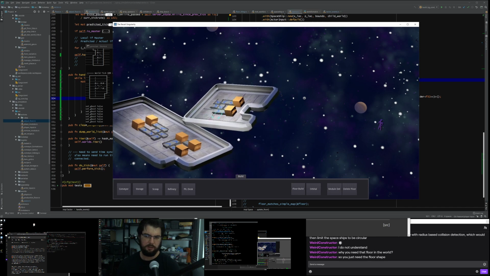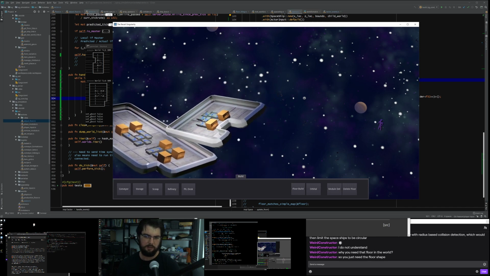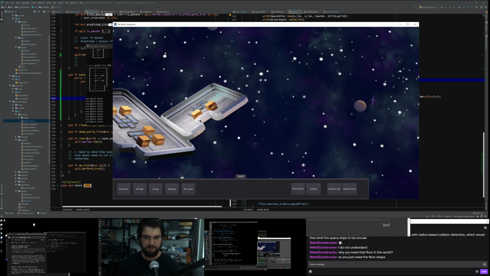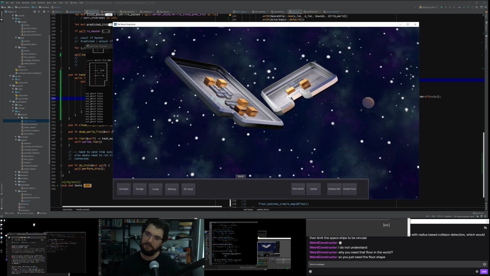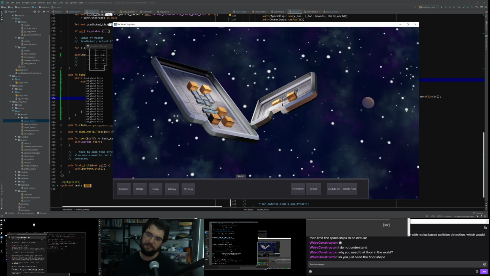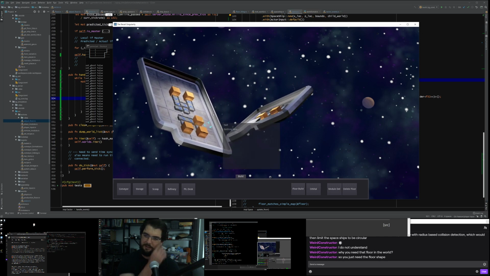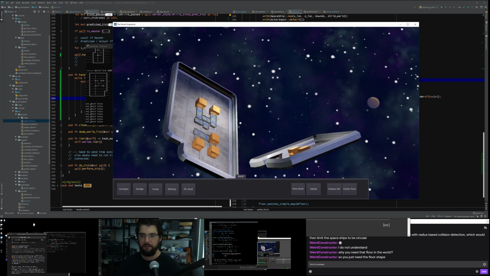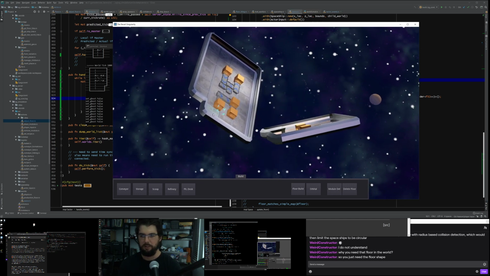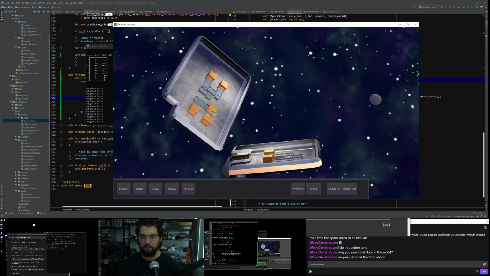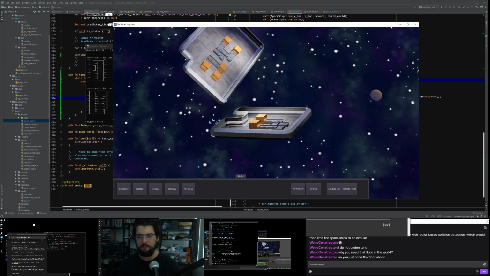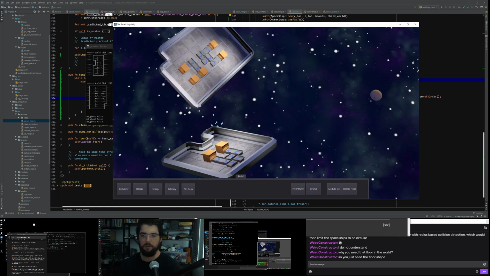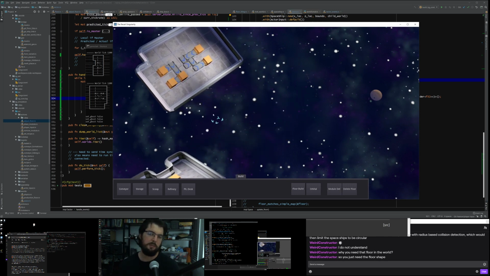You see how it's moving away. This is the problem with 3D physics now. They're doing all sorts of funky and exciting things. I'm enjoying watching these. It's quite fascinating. I mean, it's irredeemable now. I don't really want them to rotate like that. I want them to stay somewhat flat. So I'm going to have to add some logic later that stops them from rotating too much. Just enough rotation to make it fun.